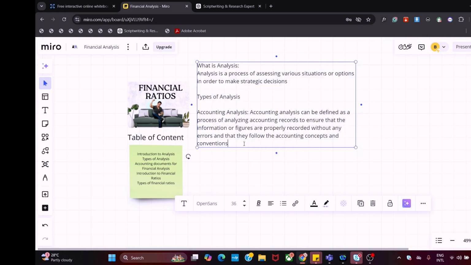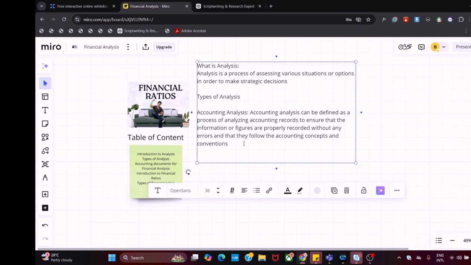So the second type of analysis we have is called the financial analysis. Financial analysis. So now when you're talking about financial analysis, another name for financial analysis can also be called managerial analysis. Now when you are performing financial analysis, what are you trying to do? The main aim of performing financial analysis is to enable a company, an organization, to make managerial or